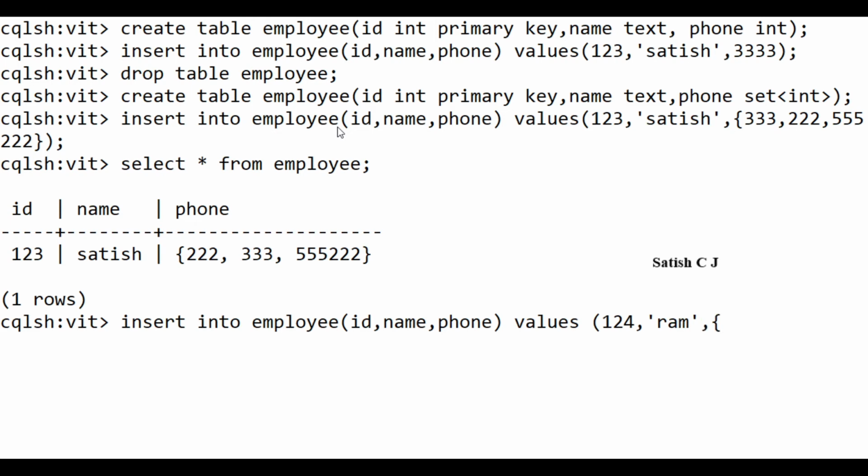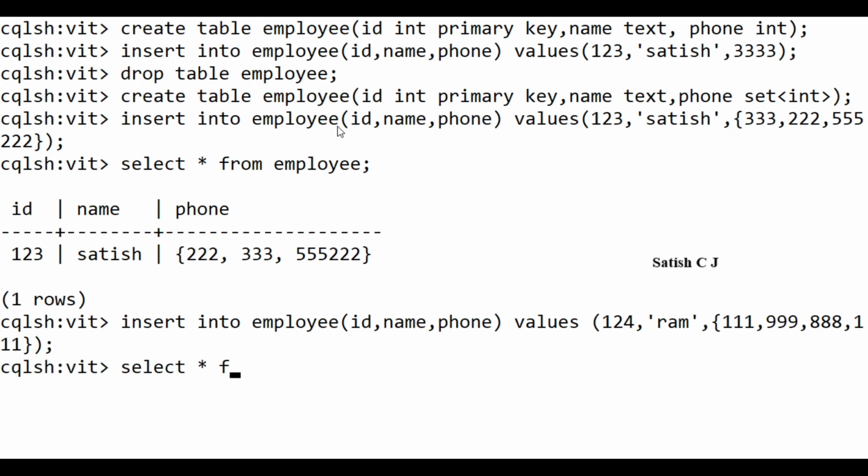We'll include these curly brackets. Phone numbers can be 111 and 999, 888, comma, and then let me again give 111. So I am having a duplicate phone number here for Ram, and just to test this, I'm inserting this record. So the record is inserted.